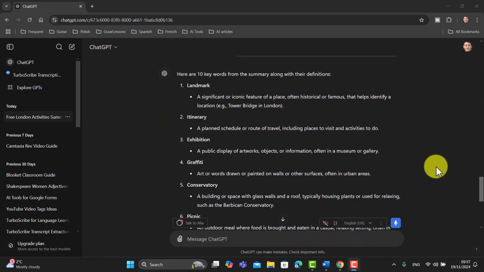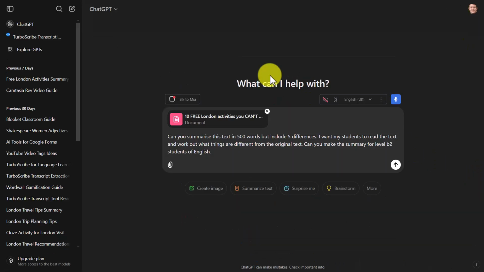And there we are, it's done that for me as well. Now another really nice idea is to get ChatGPT to write a summary based on the document, but to include 5 differences from the original tape script. And then what the students can do is listen to the YouTube video and take some notes and learn the contents of it. Then read the summary and try to identify the 5 differences between the original tape script and